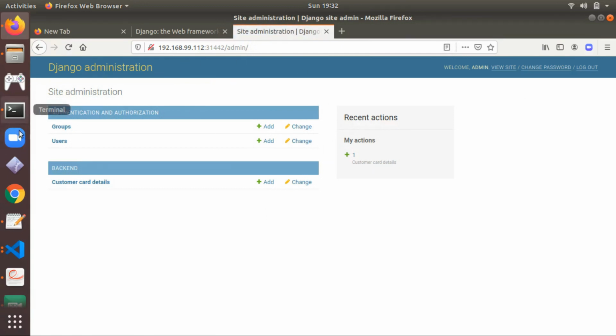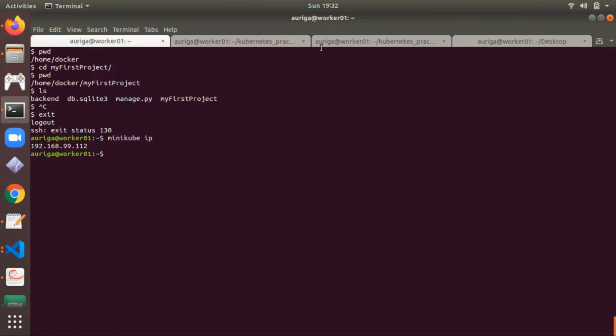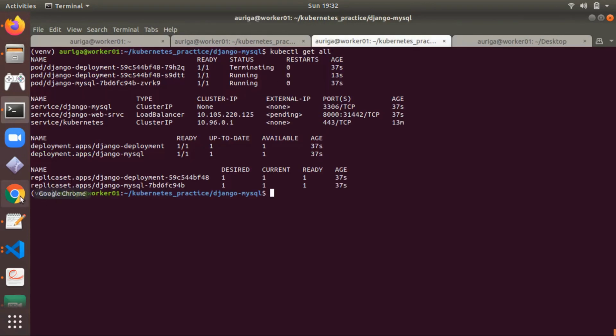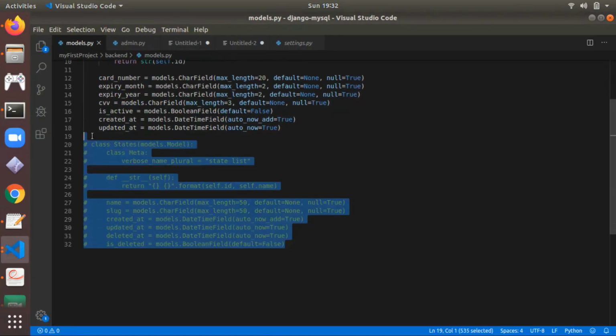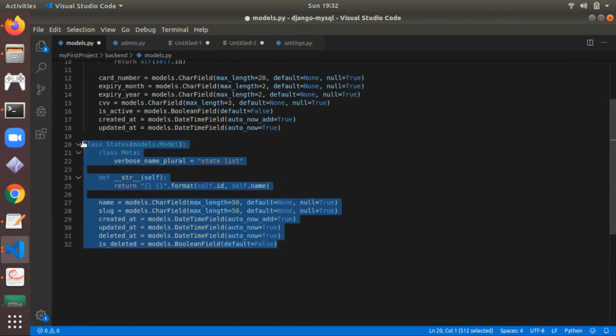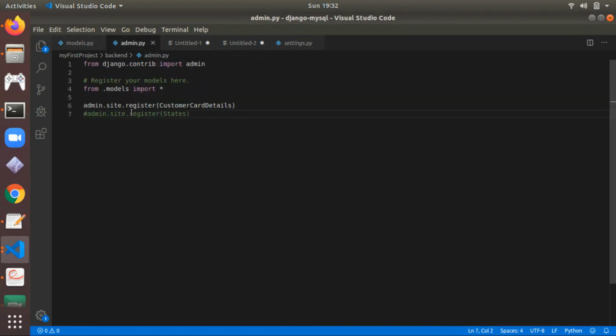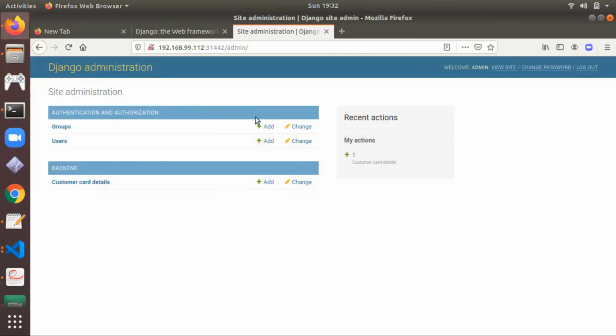And now if I make some changes on my local system, let me add one more table on my local system, and let me register it in my admin.py file also, so that I can access it here.